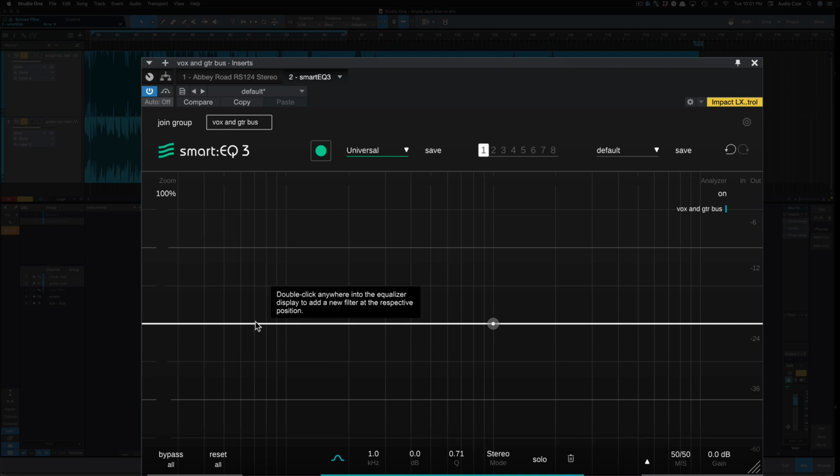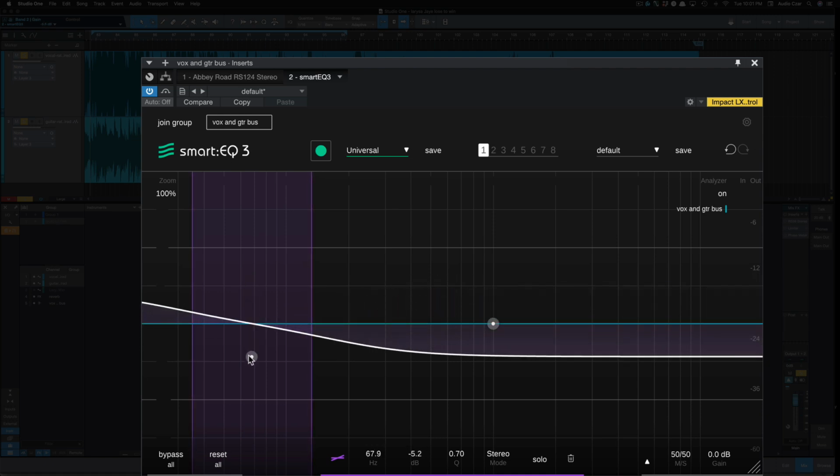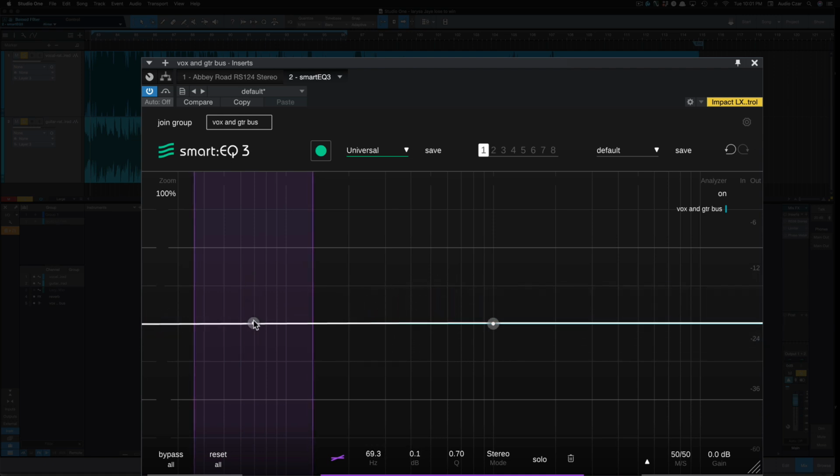And one thing I noticed is when you double click to add a frequency point, right click on it, and you have your filter selections. You have a tilt here as well, which is pretty cool. Okay, so let's